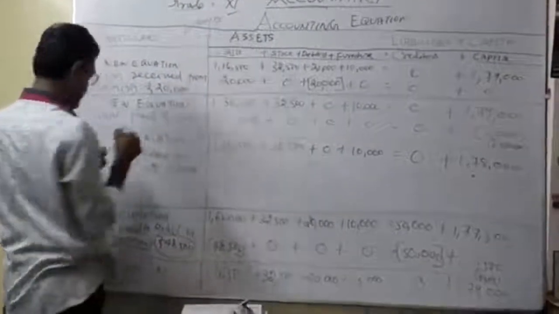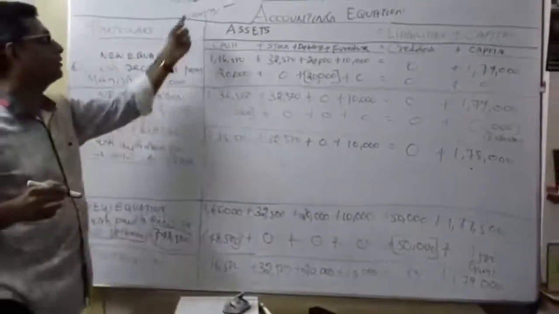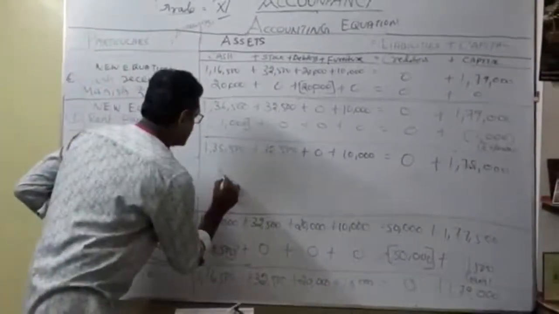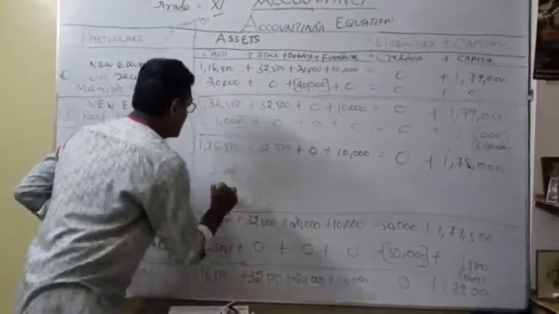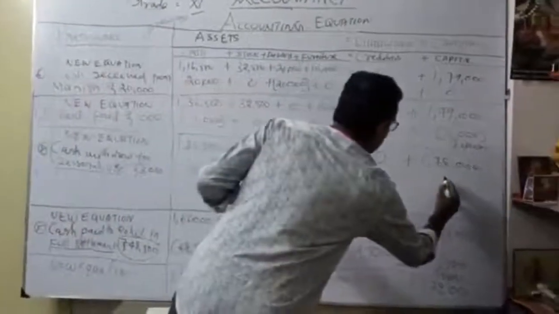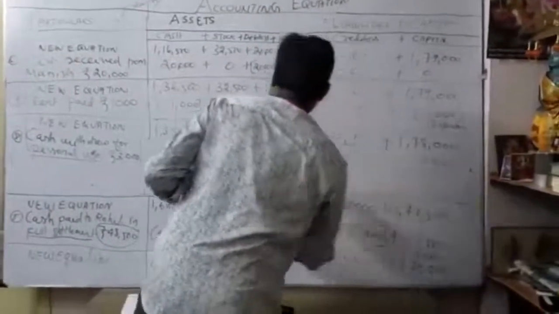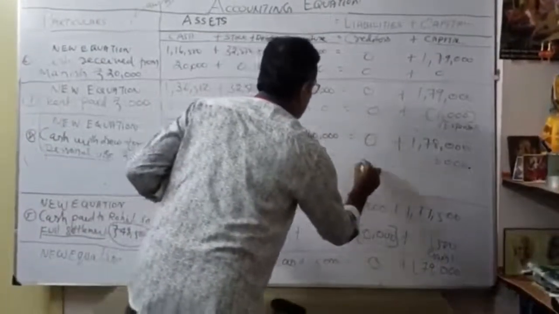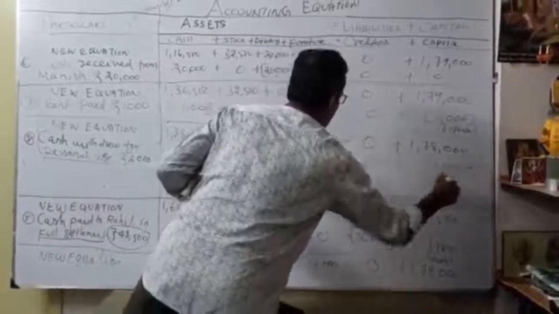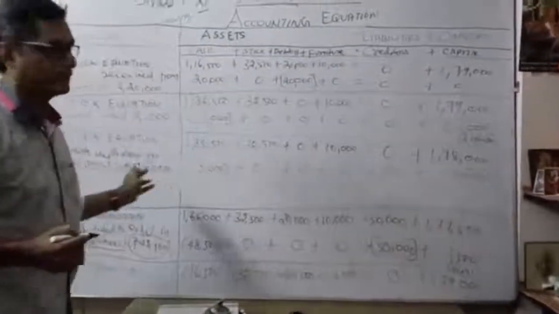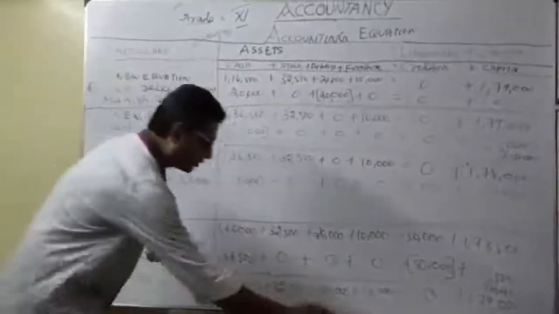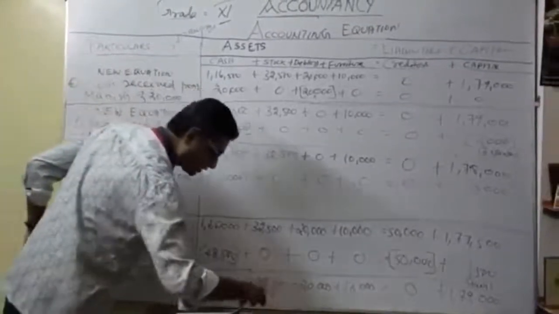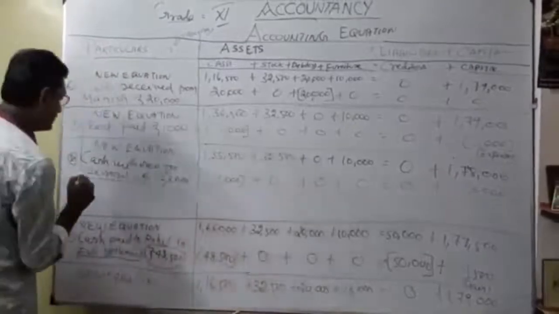Can I say it as an accounting term, correct? Withdrawn for personal use, you can say drawings. So the 3,000, naturally the cash is reduced by 3,000. So here my capital is also reduced by 3,000. Have you understood? So plus 0 plus 0 plus 0 is equal to 0 plus 0. So 3,000 reduced, 3,000 reduced in the equation. Finally, what are you going to write? It is called the final equation.